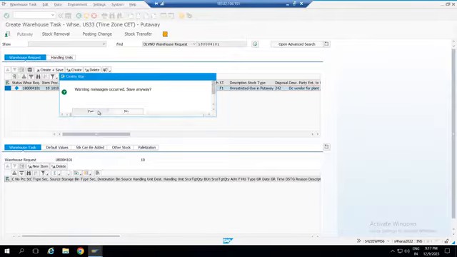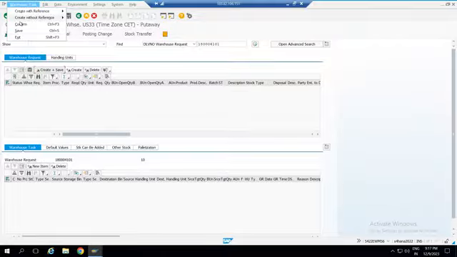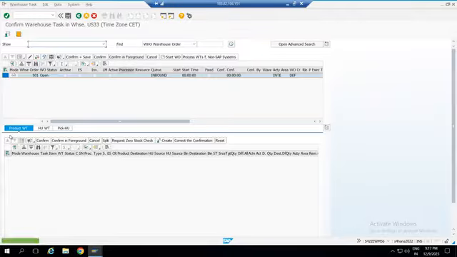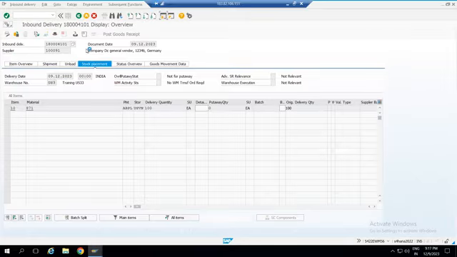And every task is linked to the order. Now, if you see, you have received 100 apples. In case of no EWM, you can receive directly from here.